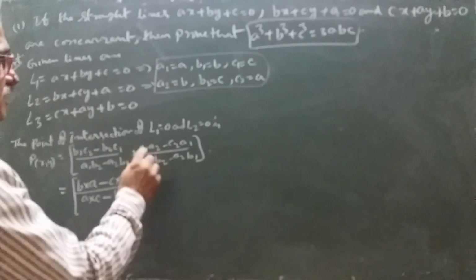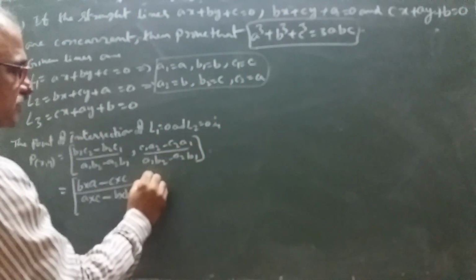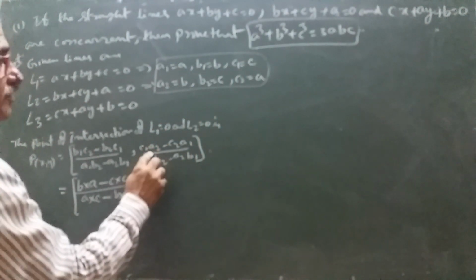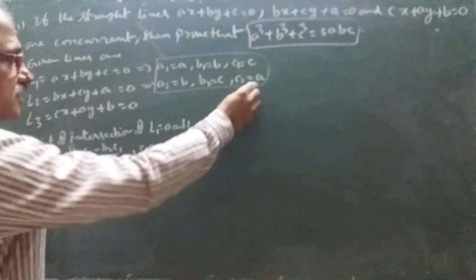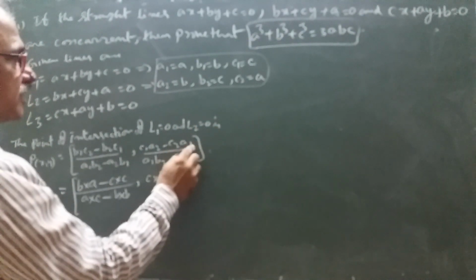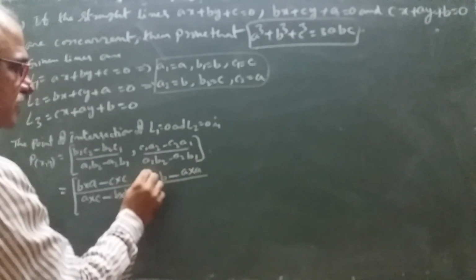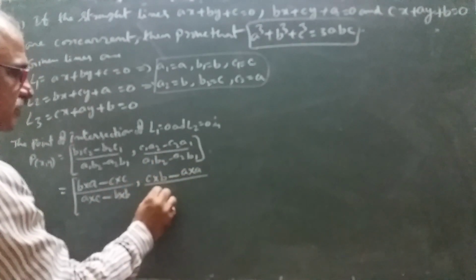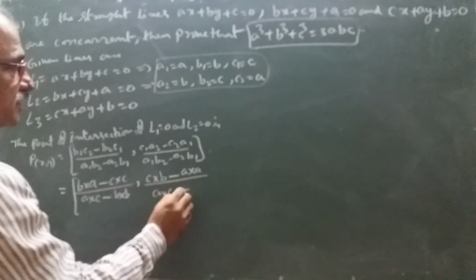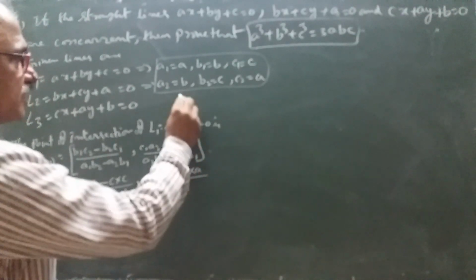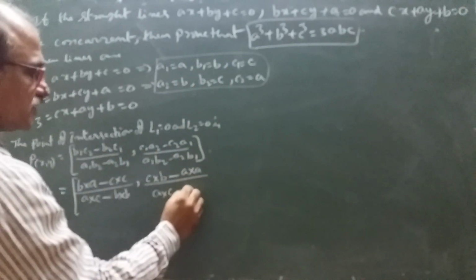Similarly y coordinate, c1 a2, c1 means c into a2, b, minus c2 a1, c2 is a into a1 is a, by a1 b2, a1 is a, b2 is c, a into c, minus a2 b1, a2 b1, that is b into